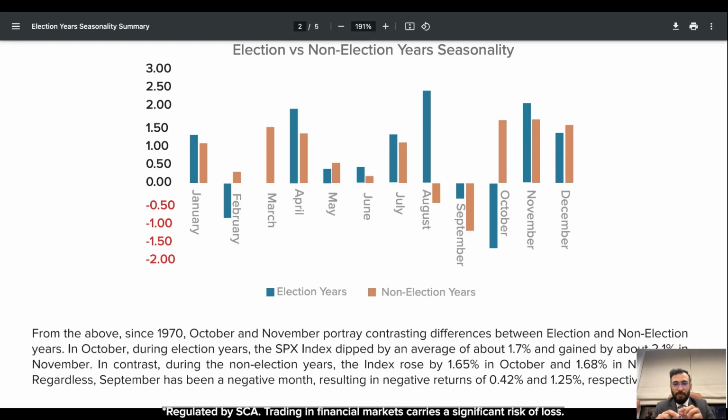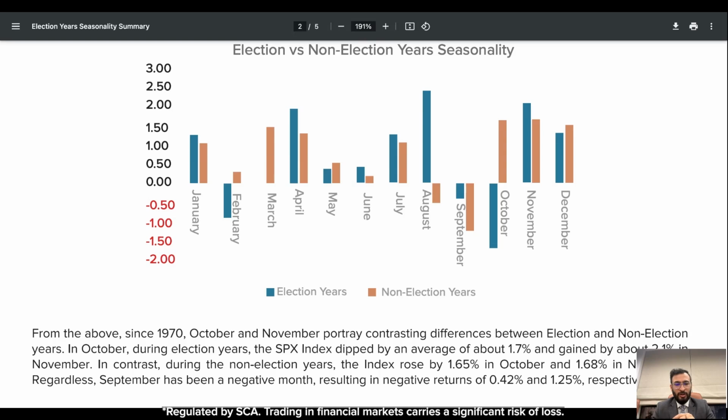So if you see October, during election years, the markets have gone down. In non-election years, we have seen markets going up, right? In October during election years, the S&P on average has come down by 1.7%. But at the same time, in November during the election years, it has gained around 2.1%. And in non-election years, in October, the index has gone up by 1.65%, and again 1.68% in